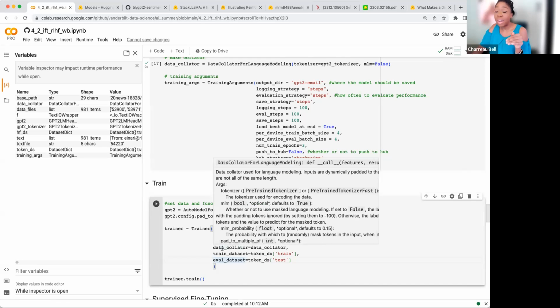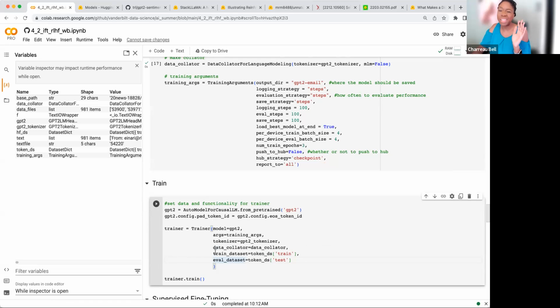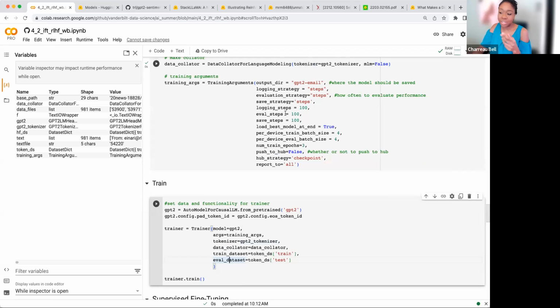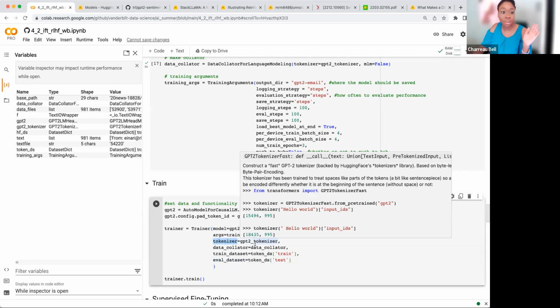Also, I do think there are options whether to pass in the tokenizer. If you do pass in a data collator, because the data collator actually already has a tokenizer in it. But I always put these two explicitly because I have run into a terrible moment where I did not put this tokenizer and it didn't save the tokenizer. And when I reloaded it, it was a mess.